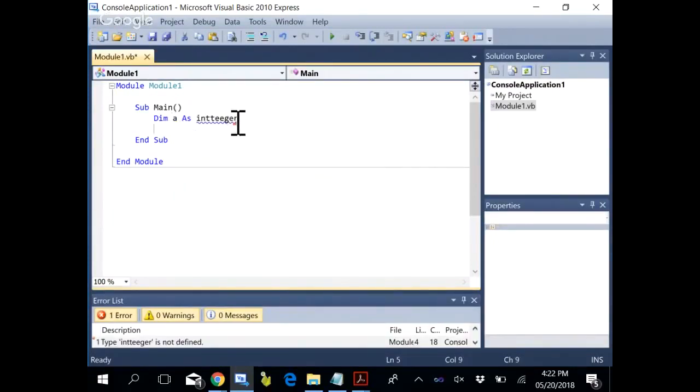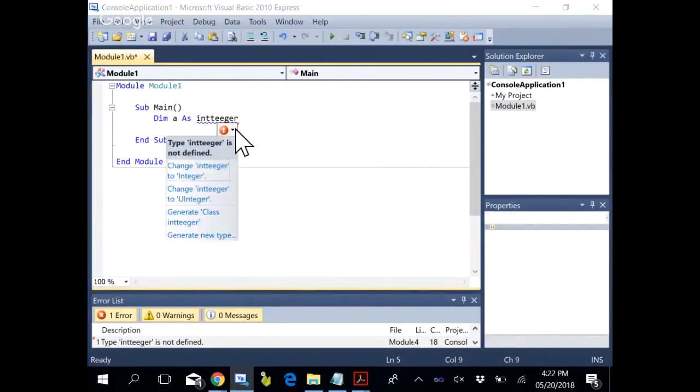It tells something: the integer is not defined. It is not a data type. What are these? Context sensitive prompts. All right. These are context sensitive prompts.